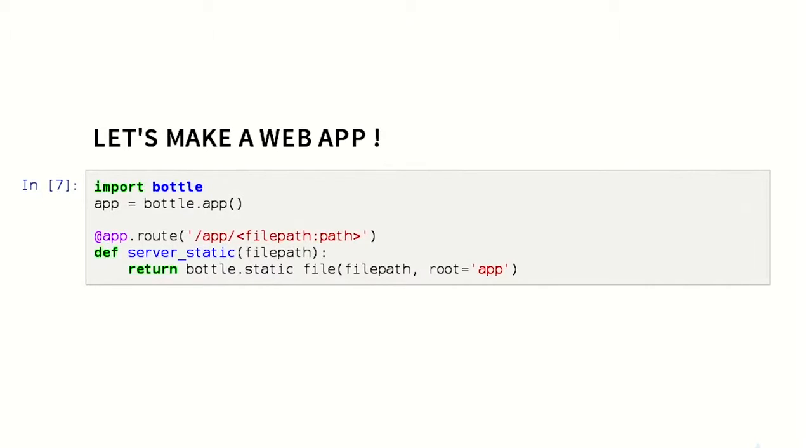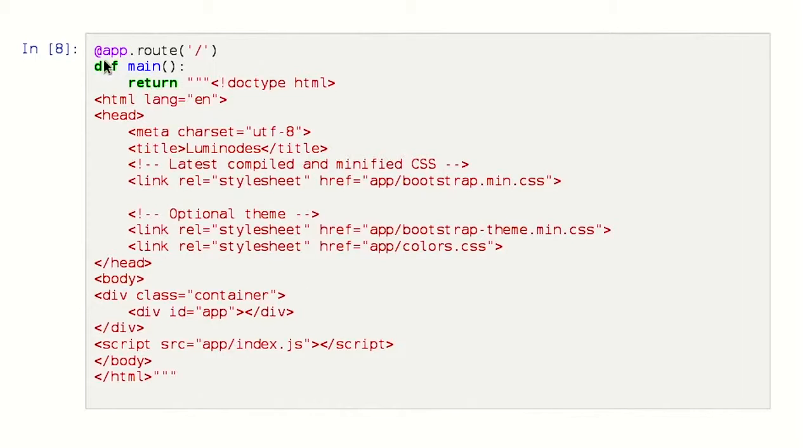Now, let's make a web app. We will use Bottle, which is just like Flask, if you know. Well, most of you should know Bottle, I guess. We will serve our static file here. We'll just make an index, which is a very, very simple web page, which is just having an ID app here and calling our